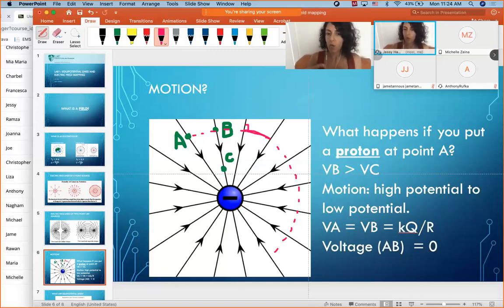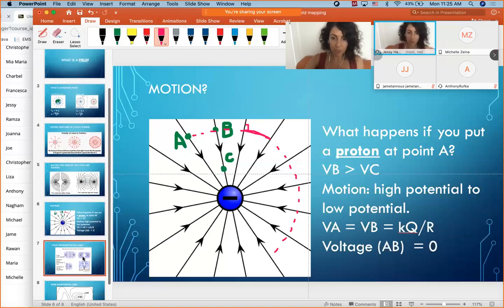I will show you how you do the map, and you deduce the black lines using the simple fact that the red is always perpendicular to the black. Why perpendicular? Because if you move parallel to the black line, the potential has to change because you're getting closer or away from the charge. But if you move perpendicular to the black line, the distance is going to be constant, and there's no change in the potential.